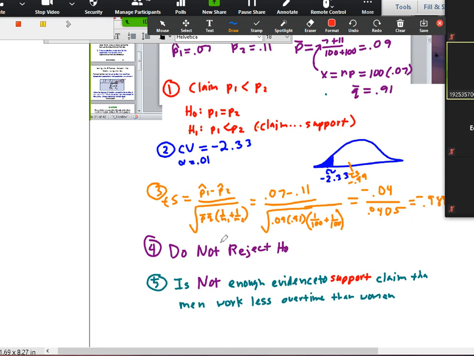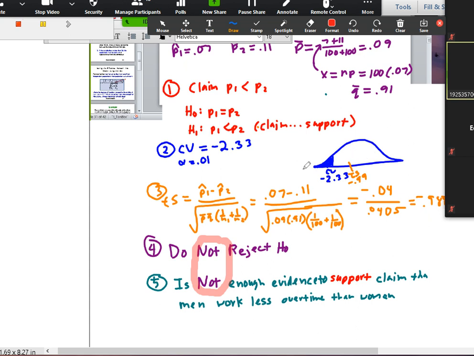Right? So if I do not reject H0 in step 4, then I do not have enough evidence in step 5. Those match up. Good? Got it? Okay. So I do not have enough evidence. And you can see that here because I'm in the do not reject region. I do not have enough evidence